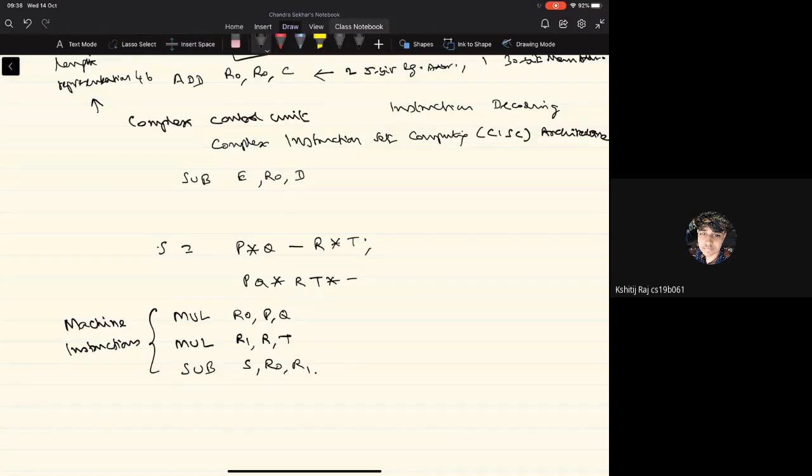And at a later point, you'll be seeing how to represent each of these machine instructions in the form of a bit sequence. So it is the compiler's responsibility to convert this high-level language arithmetic statement into the corresponding sequence of machine instructions. Any questions about that?